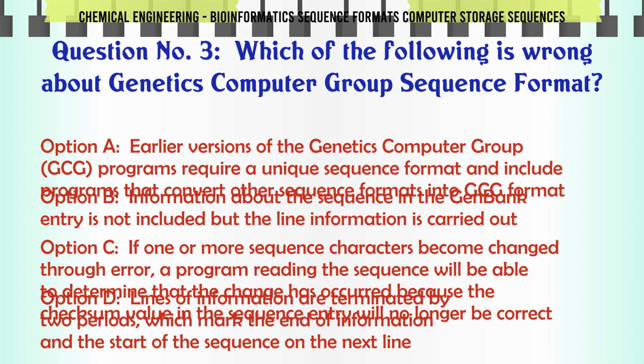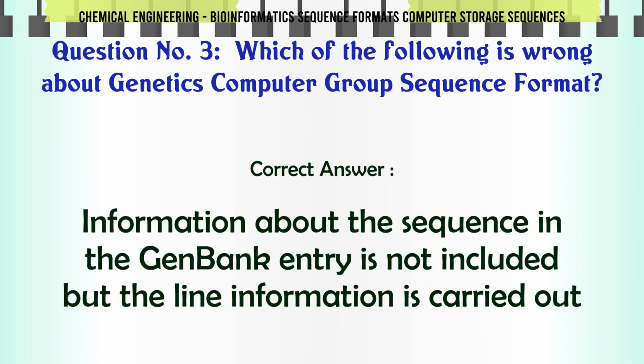C. If one or more sequence characters become changed through error, a program reading the sequence will be able to determine that the change has occurred because the checksum value in the sequence entry will no longer be correct. D. Lines of information are terminated by two periods which mark the end of information and the start of the sequence on the next line. The correct answer is: information about the sequence in the GenBank entry is not included but the line information is